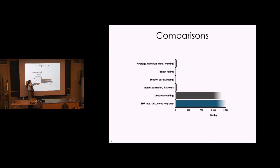So comparing that to lost wax casting, we can see that the impacts are on par, roughly. It may be a little worse, but they're within error bars of each other. And this is the one that's the most fair comparison, because lost wax casting is another thing that you can do complex geometries in, whereas these other things like sheet rolling or extrusion, you just can't make all the shapes that you can with a 3D printer. And so, arguably, these are not fair comparisons,